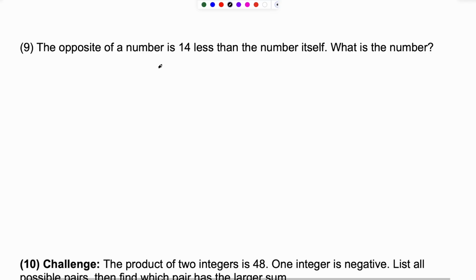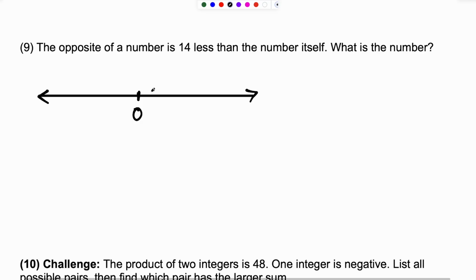Question 9, the opposite of a number is 14 less than the number itself. What is the number? So for this one, I'm going to do this two ways. I'll do this with and without algebra. But first I'll do the non-algebraic way. So I'm just going to draw out a number line here so we could break this down to see what's happening. So here we have 0, and we're told that the opposite of a number is 14 less